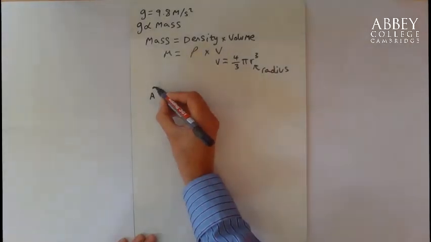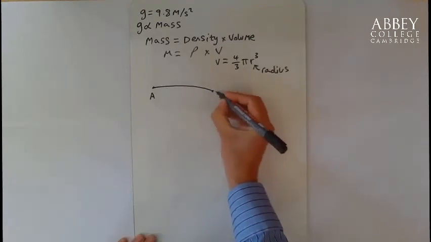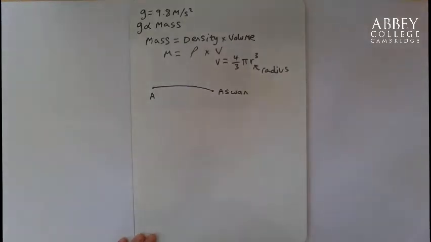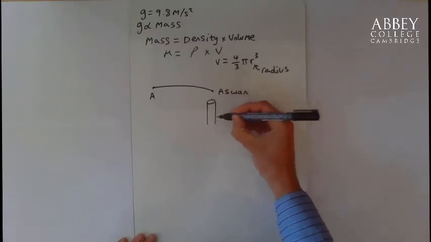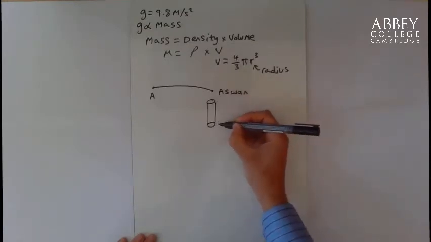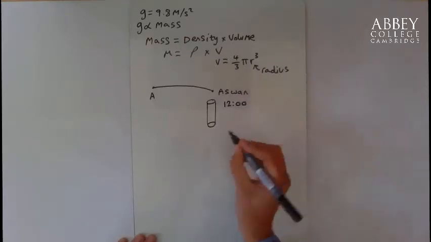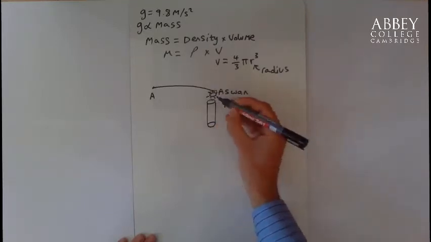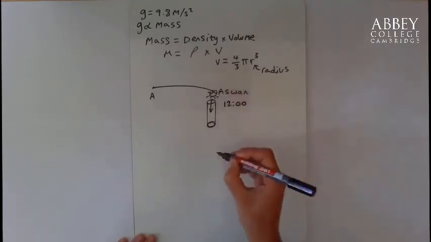He also travelled to Aswan, and with the curvature of the Earth, we put Aswan here. Aswan was a very famous place because it had a well, which is a deep pit, which we can think of like a big cylinder, which has water at the bottom. The reason it was famous was because at 12 o'clock noon each day, the sunshine was directly overhead, and that meant that the base of the well did not have any shadow. The sun was directly overhead.